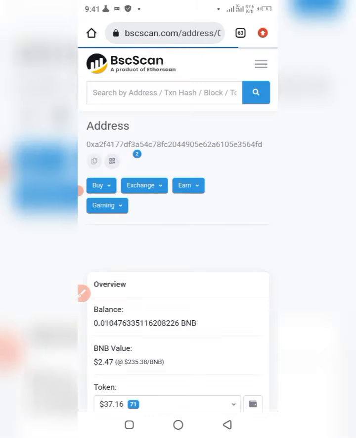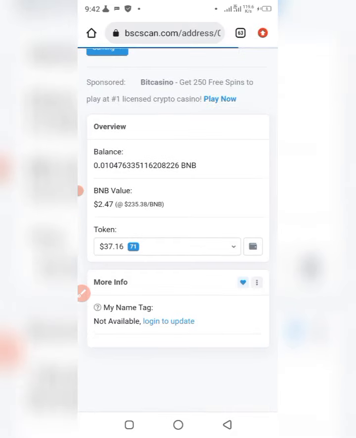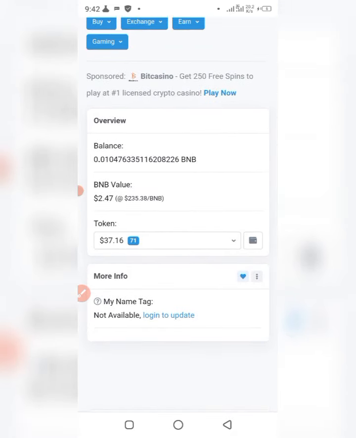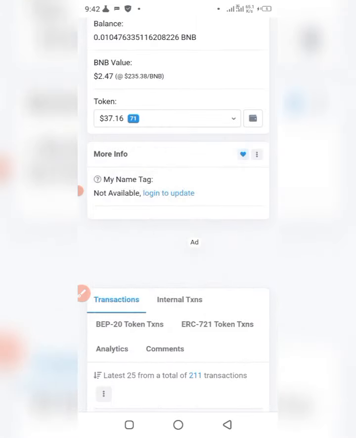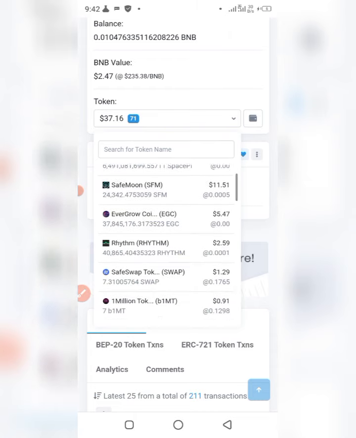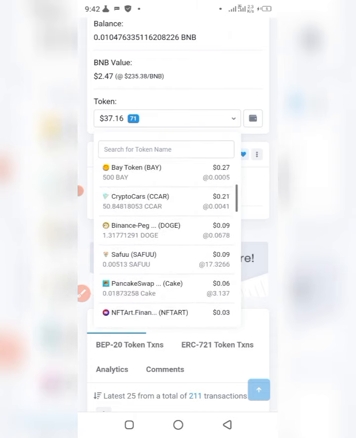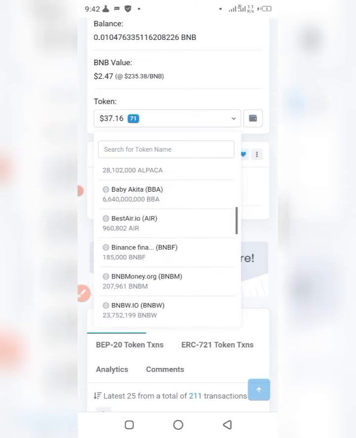Now you don't necessarily need to be logged in, alright? So all you need to do is come to this place where it says token. Okay, you click on token, then you see a lot of coins that are available in that wallet that you might not have in your Trust Wallet, but on the blockchain they're in your wallet. So as you can see right here, you search for tokens that are there,